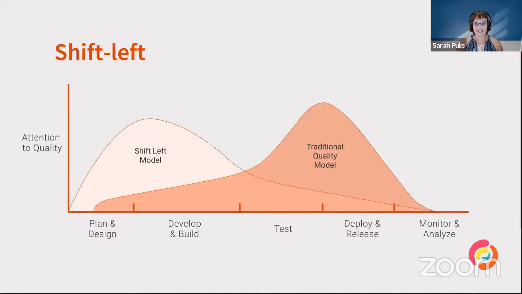The result of this is that issues are picked up late in the process, and this makes them much more costly to fix. Statistics have shown it can cost up to 30 times more to fix an issue if we wait until the test and deployment stage. The shift left model is where we want to bring quality in as early as possible, so much more around the planning and design phase. That's when we want to get as much quality in as possible. And then over time, as we move through development, build, test and deploy, the need for quality checks drops off because we've done as much as we can as early as possible.